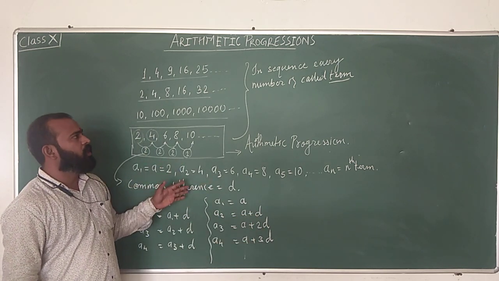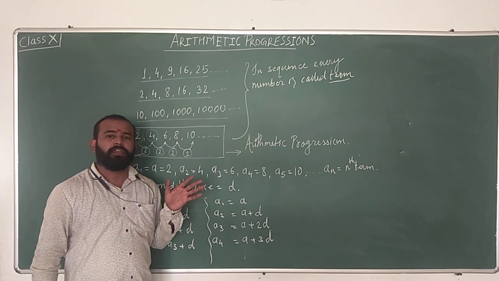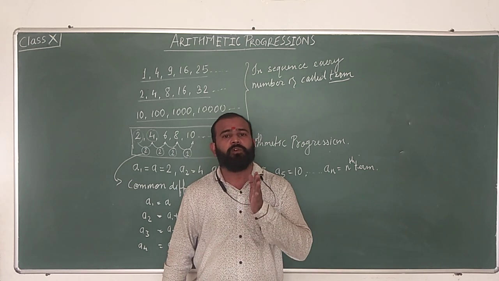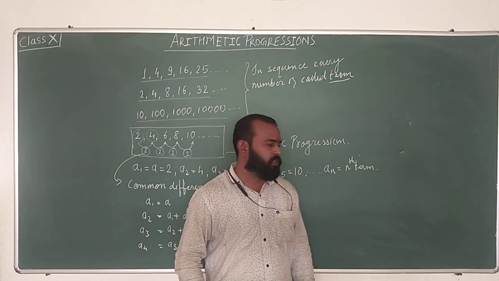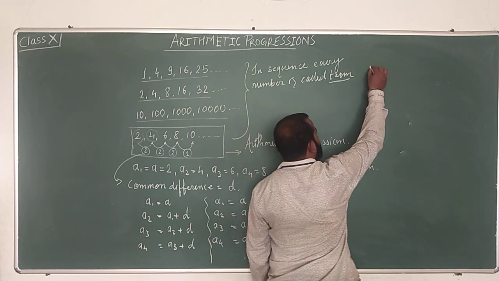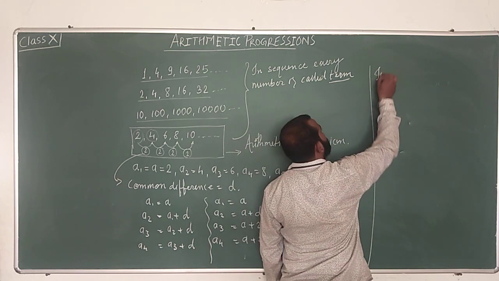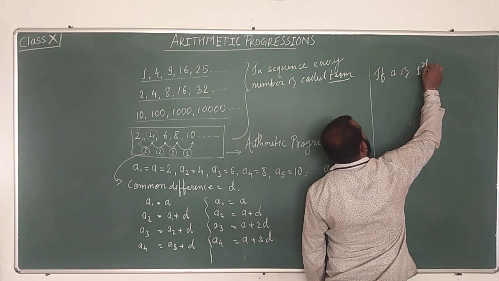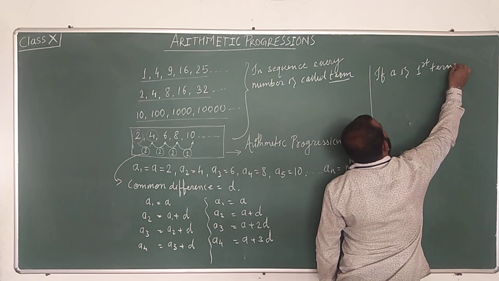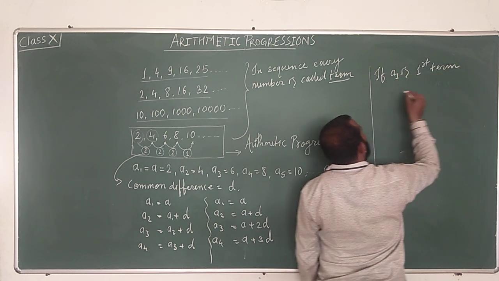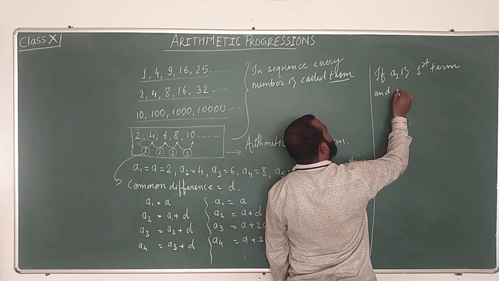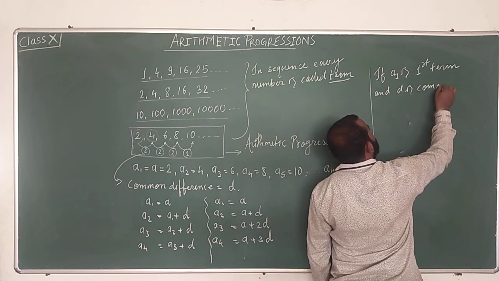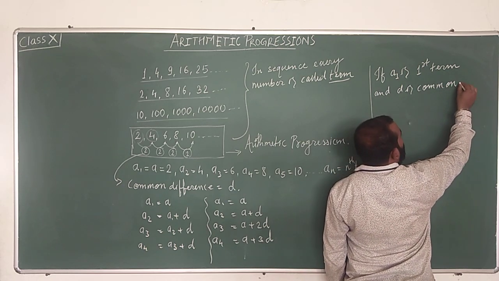So this is how we can find out the AP when we know what is a and what is common difference. If you know common difference, I am writing here, if a is first term, a is first term or a1 is first term, and d is common difference, d is common difference,